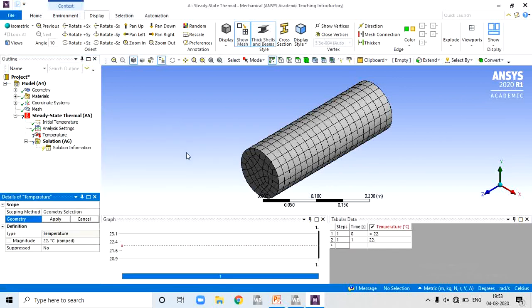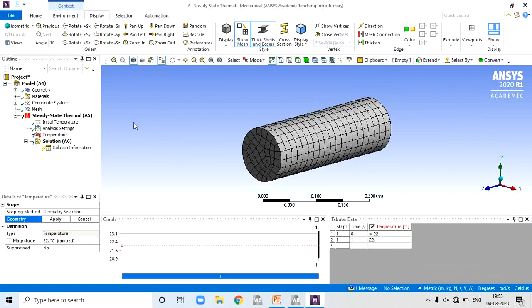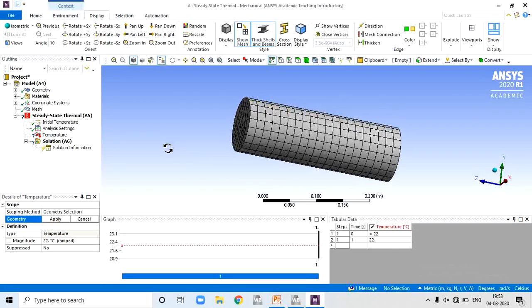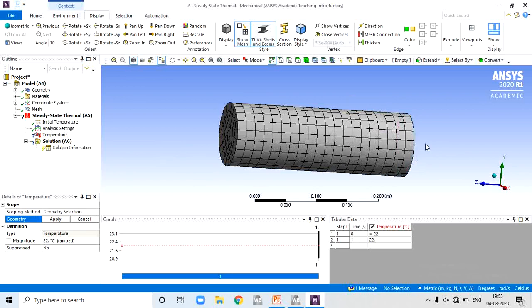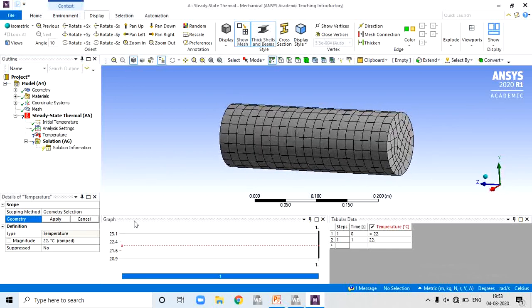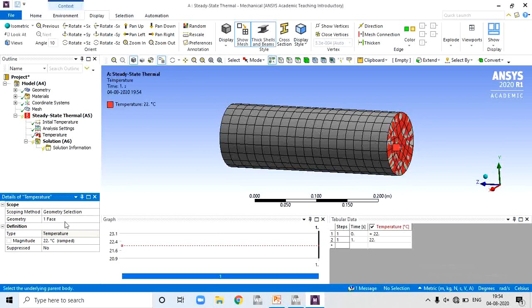We know that temperature 999 is applied on the free end, or the right end. Click on temperature, then apply. Here the software asks for the geometry for application of temperature, so we apply on this right end.